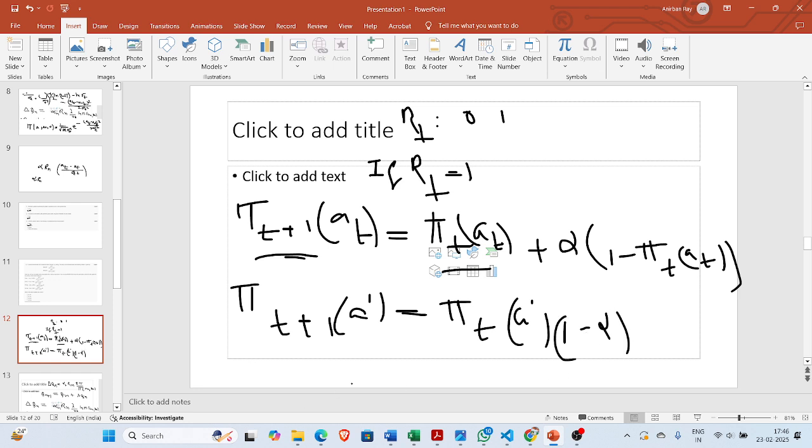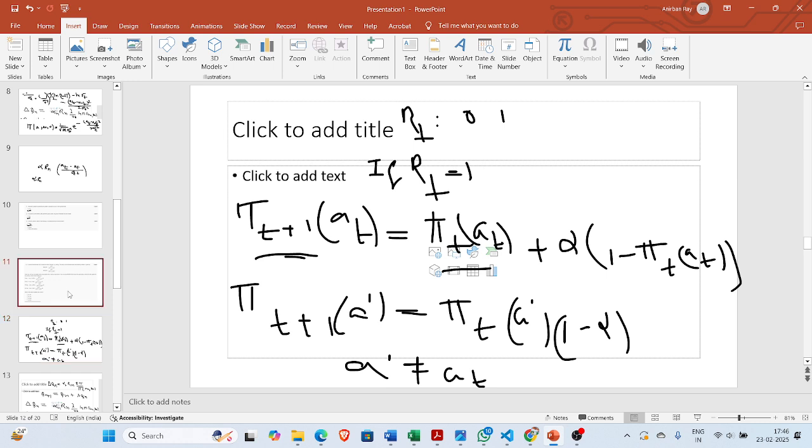Okay, what does this a dash represent? A dash is not equal to a_t. For a given action, a_t corresponds to r_t. If it corresponds to r_t equals 1, then this is the update rule. If it does not, then for the other case, as you can see in our problem, what we have is a2 and a1. So say this is for a2, and this is a1. So a1 is updated like this. Okay, so this is the thing.